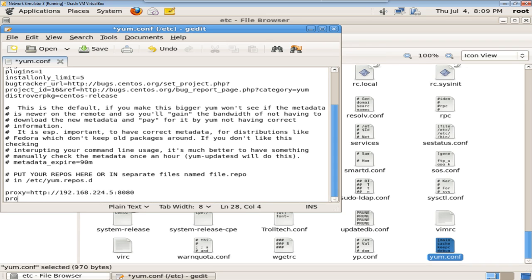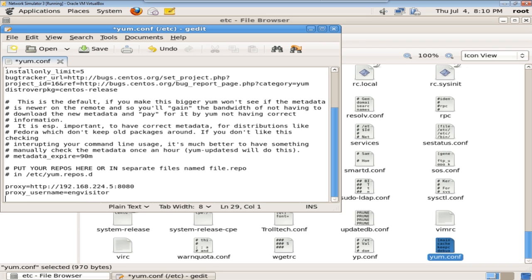Then I'm going to add the username, proxy_username equal to, I think it's ing visitor. I hope that's correct. And the password is proxy_password equal to, I think it's test123. Okay,